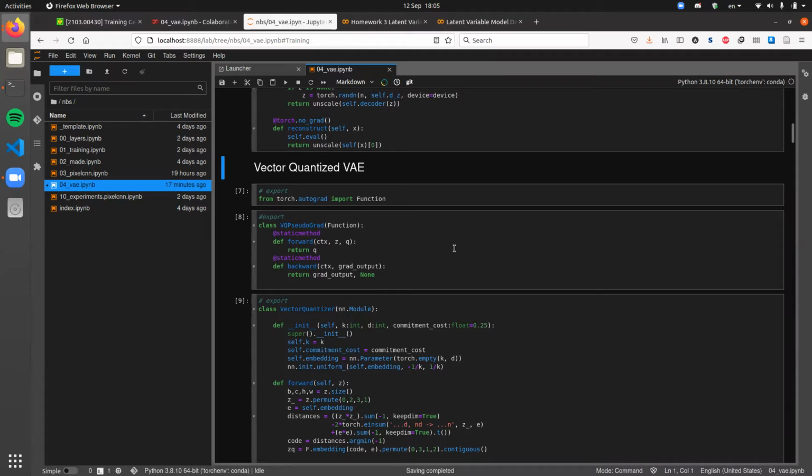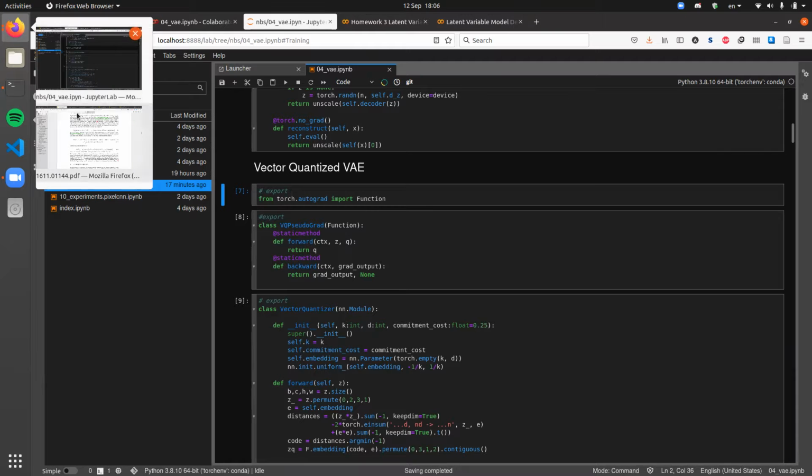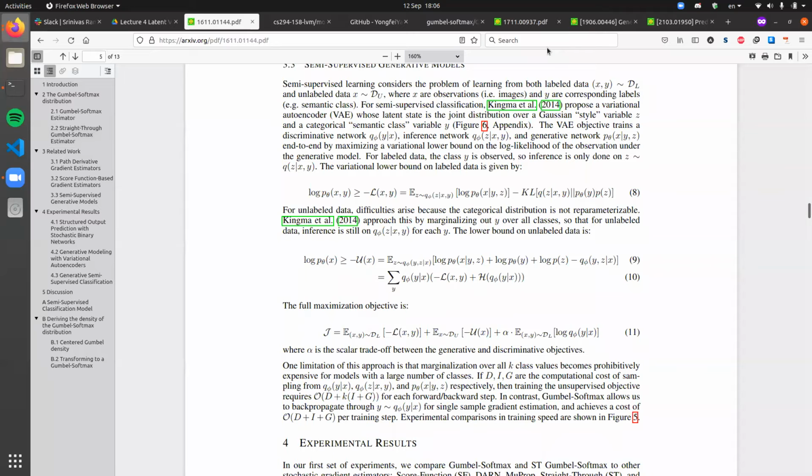This vector quantization technique, as you might know, is now behind many popular models. There was a lot of attention to the DALL-E model by OpenAI, and they use a similar idea of vector quantization in their model,